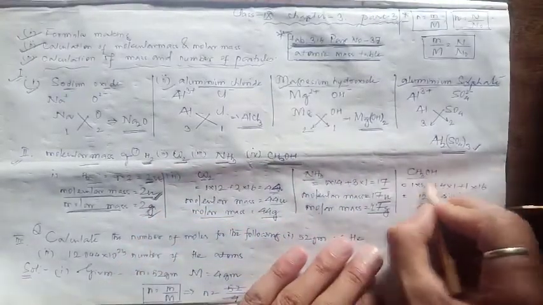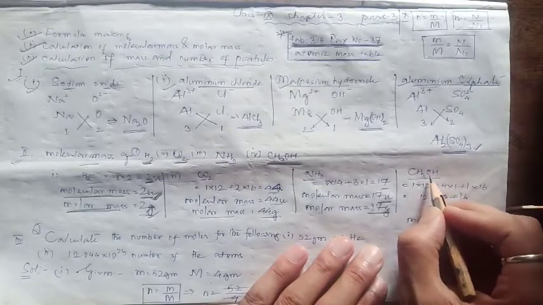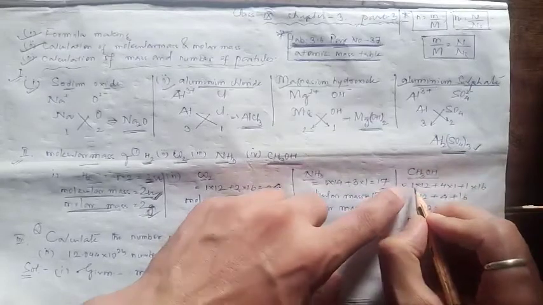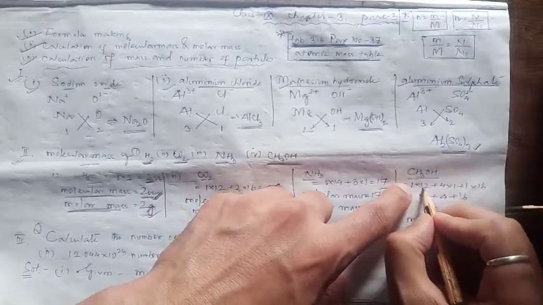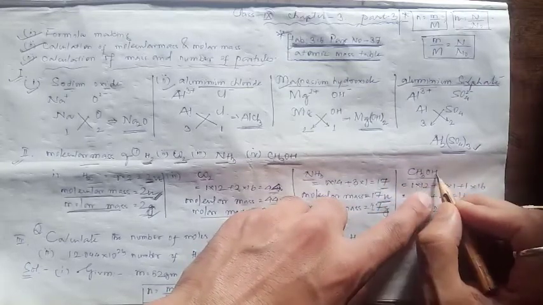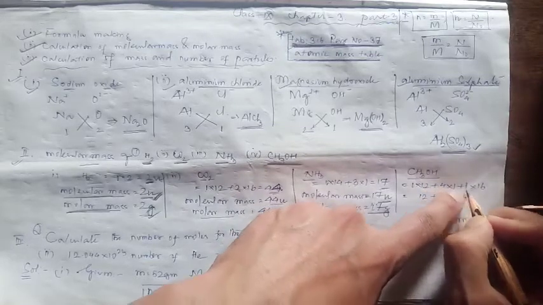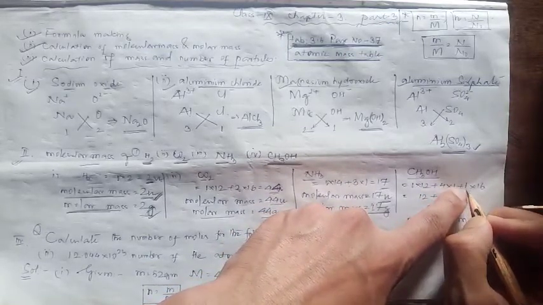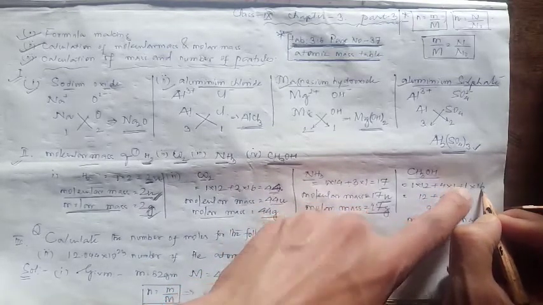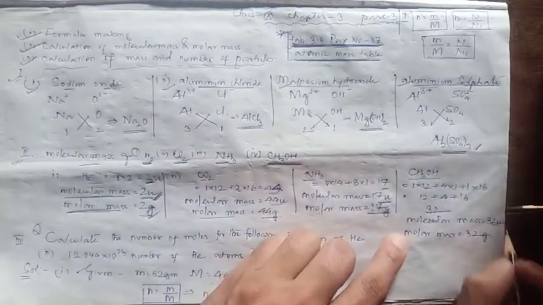In the case of methanol, you have 1 carbon atom, 3 plus 1, that is 4 hydrogen atoms, and 1 oxygen atom. So 1 carbon, the number of carbon atoms, multiplied by its atomic mass, 12, plus 4 hydrogen atoms, multiplied by hydrogen's atomic mass, which is 1, plus the number of oxygen atoms, that's 1, multiplied by its atomic mass, 16. If you simplify this, you'll get the sum 32. So molecular mass will be 32 U and molar mass will be 32 gram. Students, I hope you understood how to calculate molecular masses.